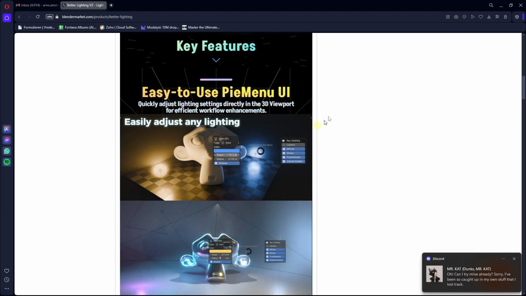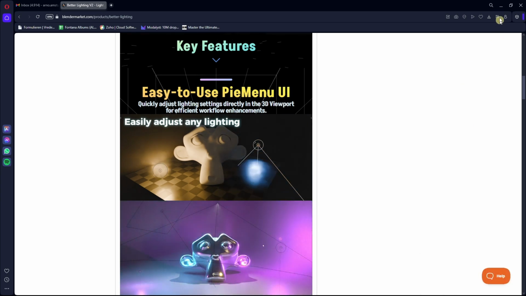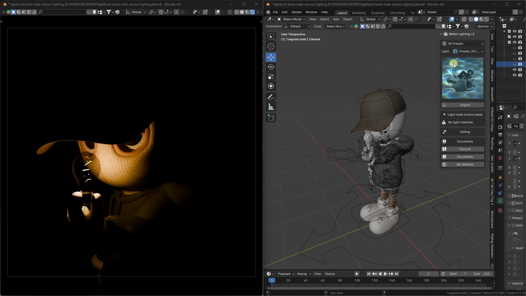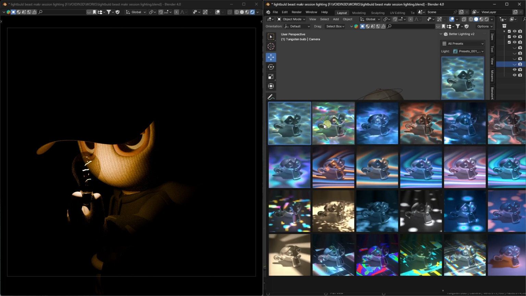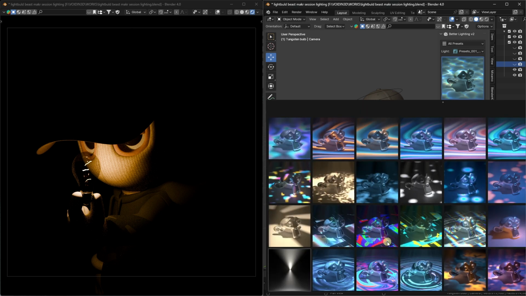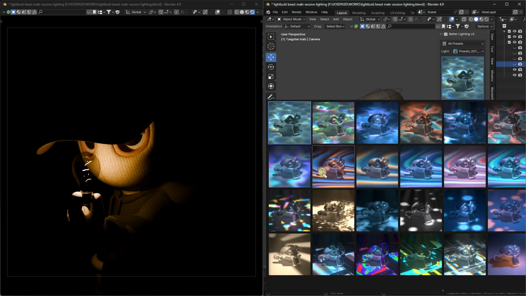So instead of working on here, I'm going to dive into it inside of Blender. So what does it do? Basically, I'm clicking it open, and as you can see, you have all kinds of different lighting presets. And the cool thing about this, they are also animated presets. So if you're going to use one of these, they're going to be moving. You can change the color, you can change the intensity of the effect, you can change the power of the light source,